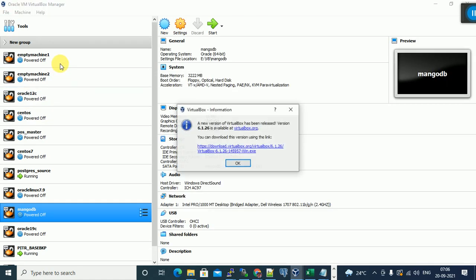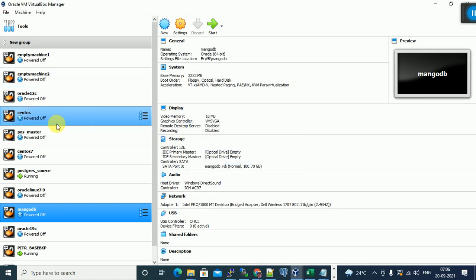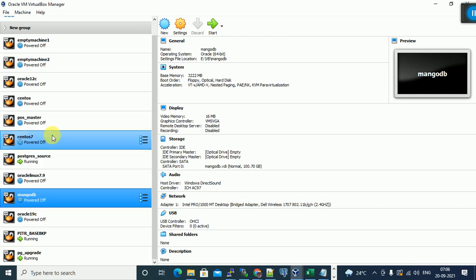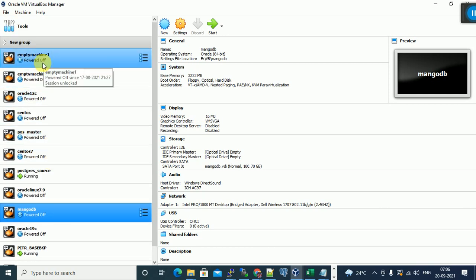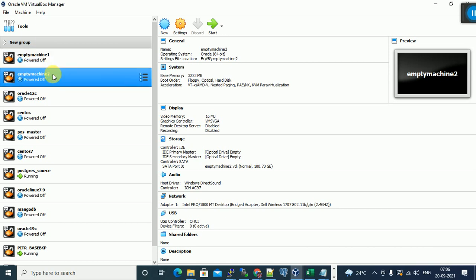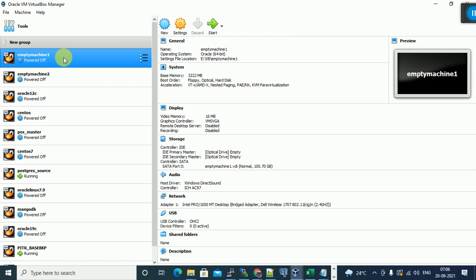On the left side, these are the virtual machines which you created. In my case, I have almost 10 virtual machines. This is the first virtual machine, this is the second one. Which virtual machine you want to start, just select it and click on start. Suppose I want to start the first one, the virtual machine named MT mission 1. Choose it on the left side, and on the right side click on start.